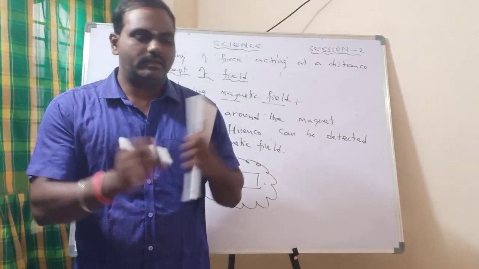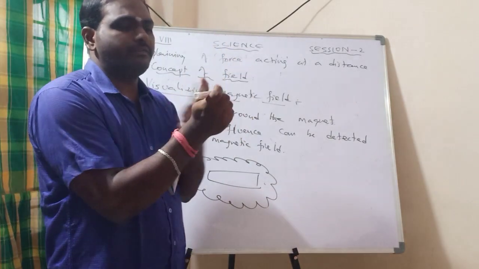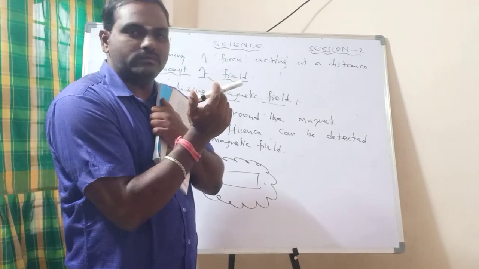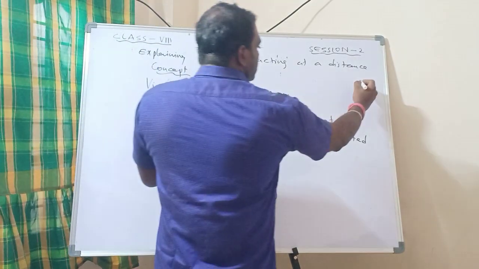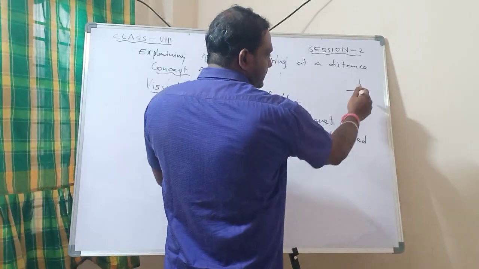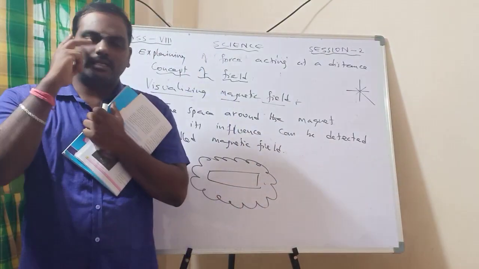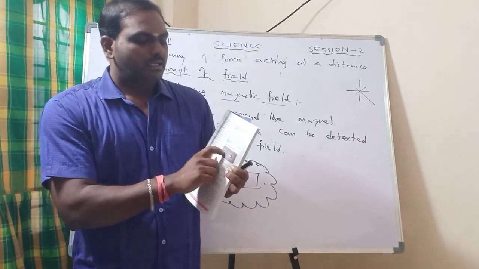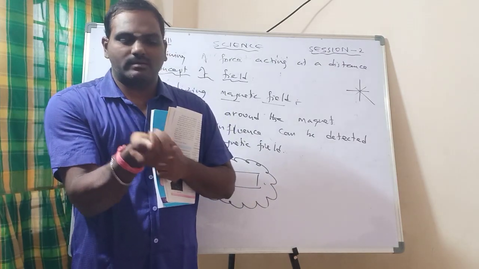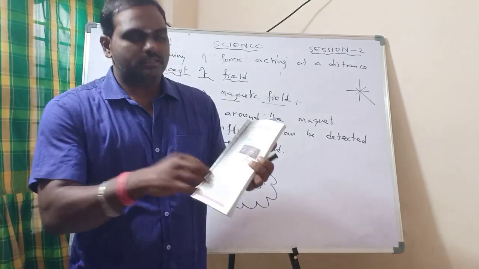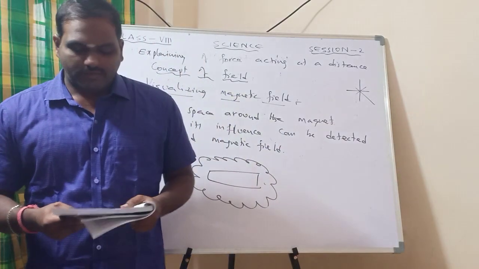First you do that one, take a picture, then turn the magnet. For example, first facing north and south, next facing east and west, then somewhat corner directions, four types of directions. Just check it and do it. Automatically you will get a good visualization. But the point is, the iron filings must be more. Don't take just a few, if you take a few you won't see it. Take a fistful, enough to fill a paper, and tap it, then you will get a good result. If possible, I will try to show this. You also do it first.